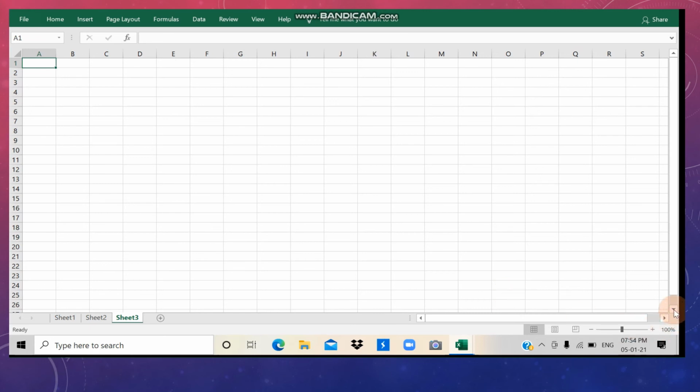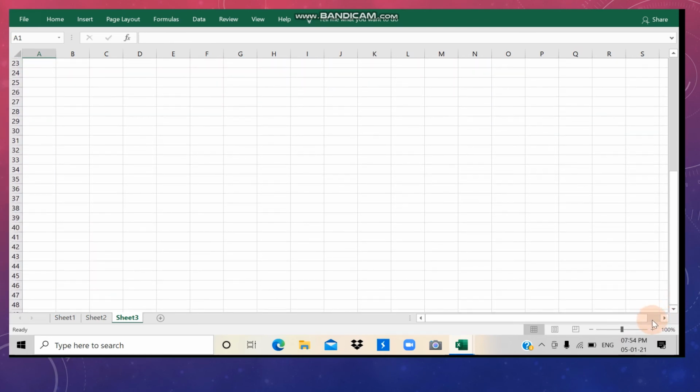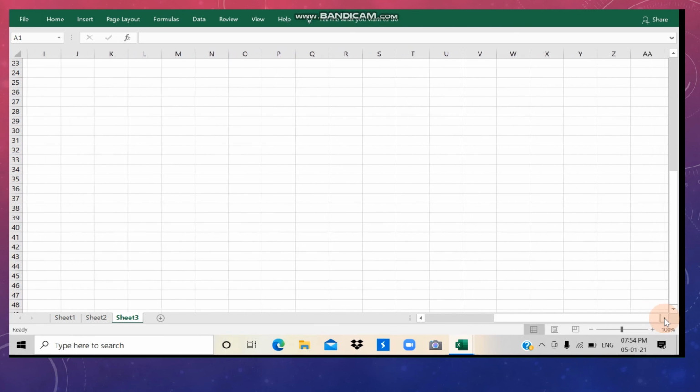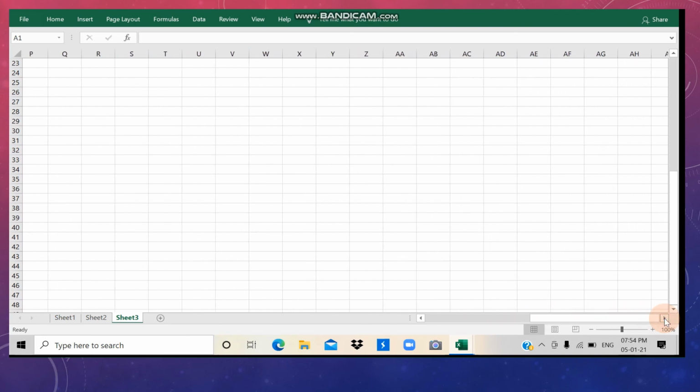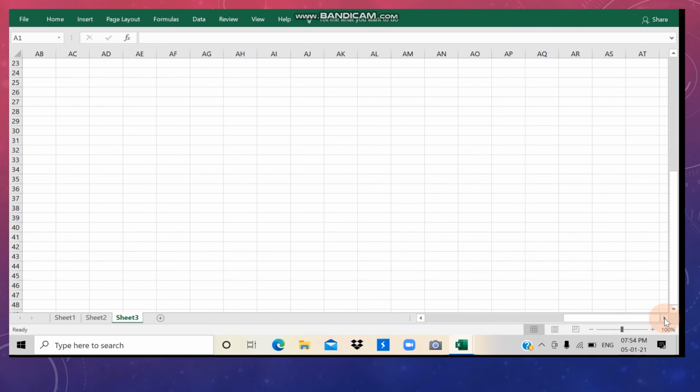So when you are going to scroll down, you will get the numbers. And if you want to see the columns, you have to press this scroll button. So like this, you can get the number of rows and columns.